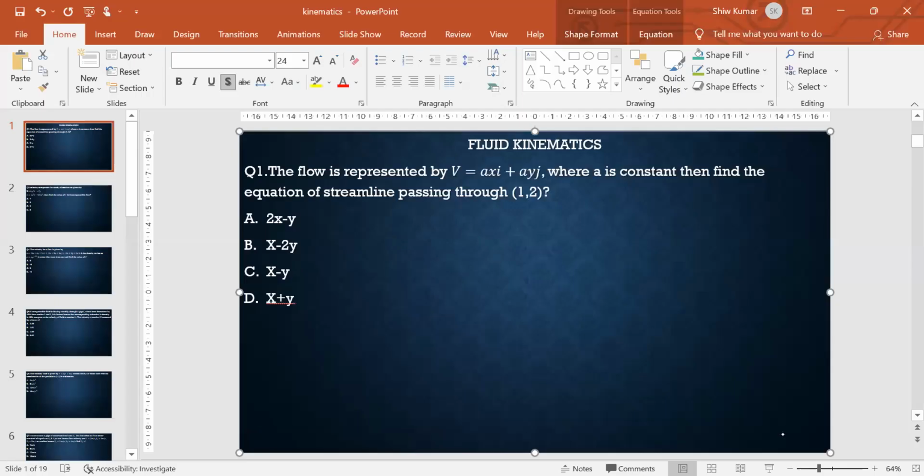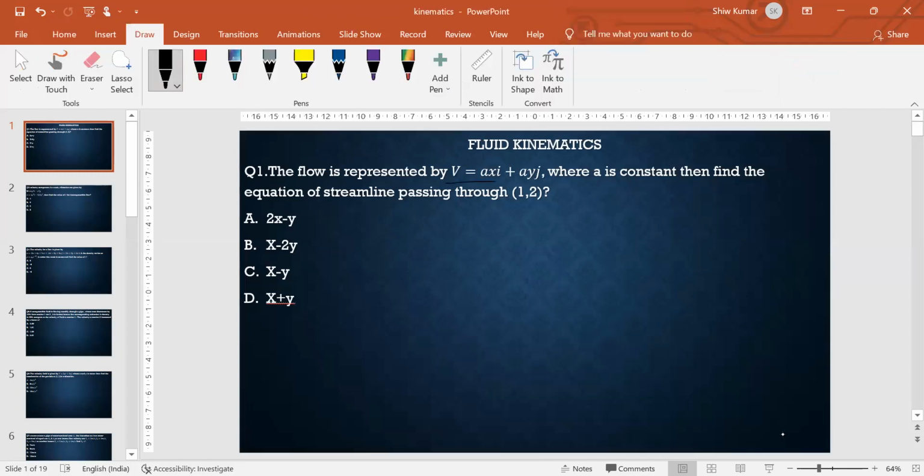See, look at here. That's given as question number 1. The flow is represented by V is equal to Axi plus Ayj, where A is a constant. Then find the equation of streamline passing through the point (1, 2). The streamline equation पूछ रहा है, and it's for 2D flow, means हम लिख सकते हैं, that is